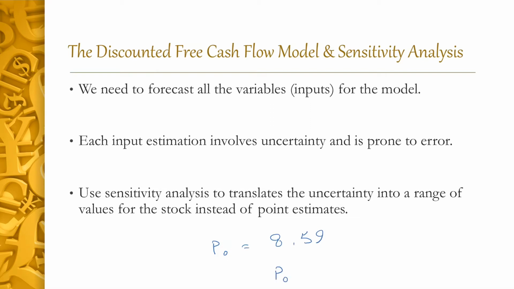I can say the stock price should be some value between $8.12 and $8.95. Okay, so this sensitivity analysis will give us the ability to have a range of prices for the stock instead of having only one point estimate. And the good thing about this range is that we are now less concerned about the estimation error for the inputs